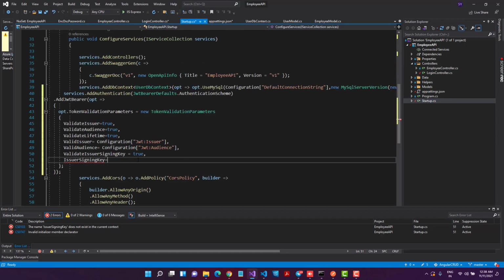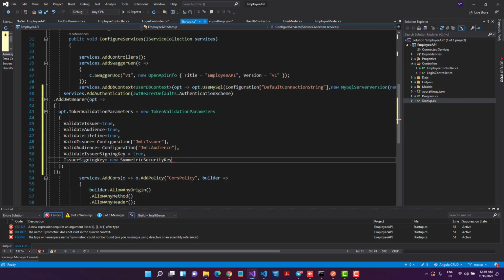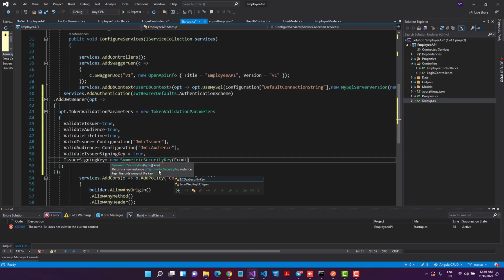I'll say is equals to new symmetric security key, and again we have to convert that into bytes. For that we know what we have to do, we have to add the encoding.